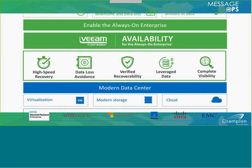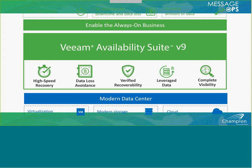And one that we really stress is the modern data center and our ability to protect the modern data center. So, what is the modern data center? That's actually what everyone's putting in today. Virtualization, sitting on modern storage, and of course, use cloud word there, right? That's certainly gaining a lot of